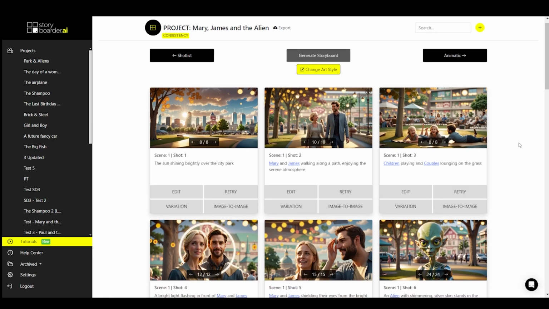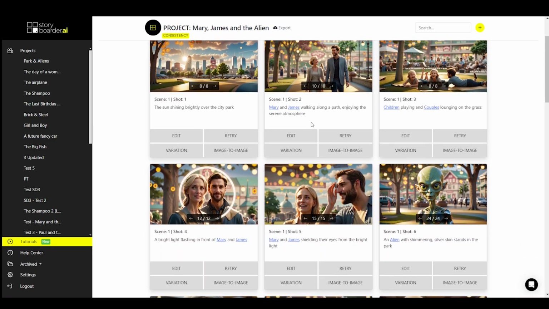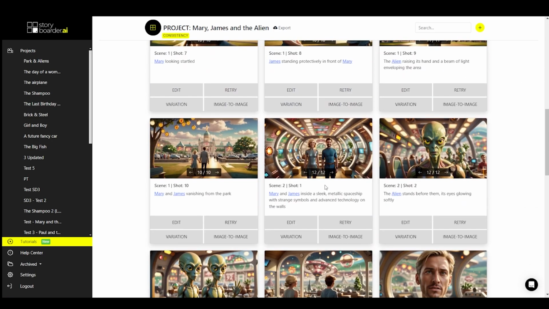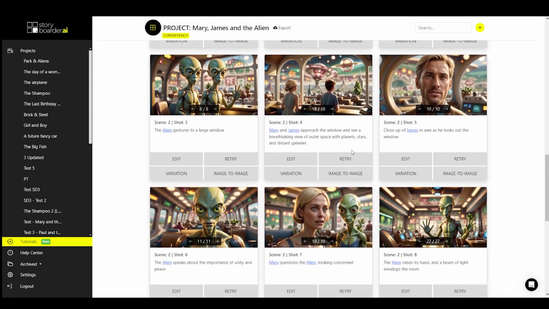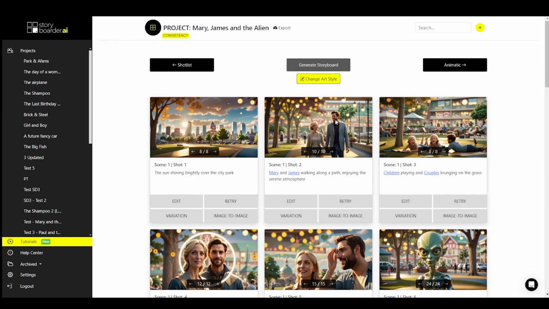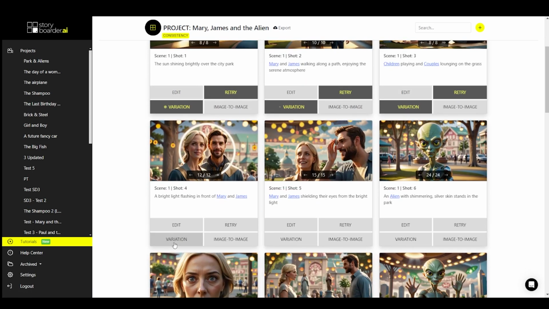As you can see, your characters are similar to the original. Blonde woman, man with a beard, the resemblance is definitely there, and that runs through the entire storyboard without us having defined a lookalike in any way. So you can also use the art style to make your characters look consistent if you don't want to work with well-known celebrities. What you can always do is, if you want to experiment a bit, just click on Variation